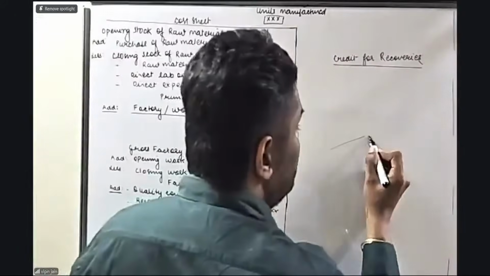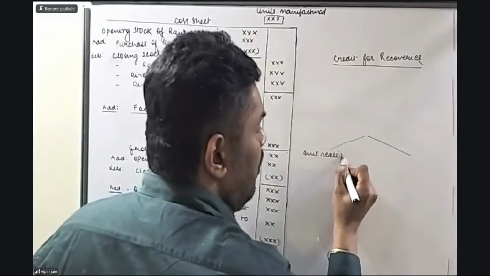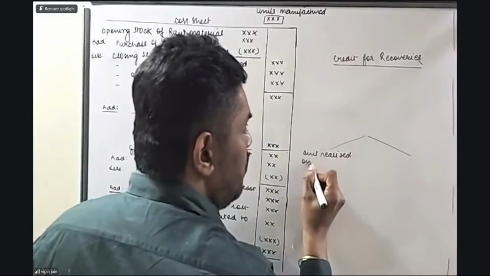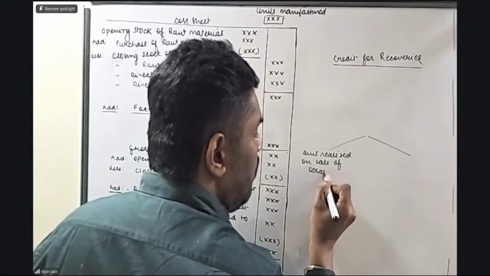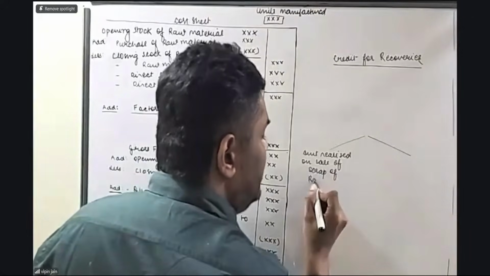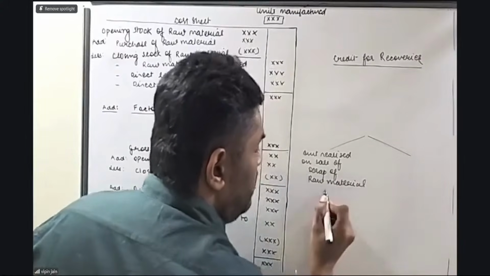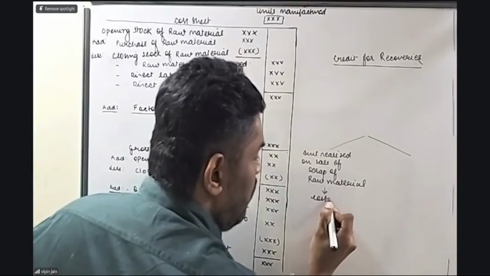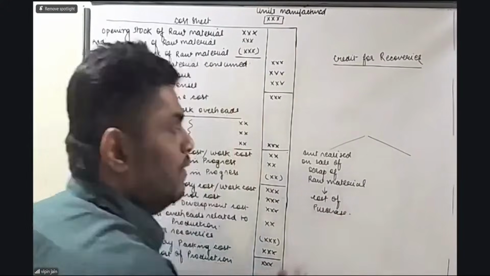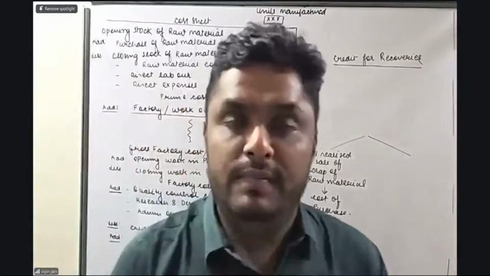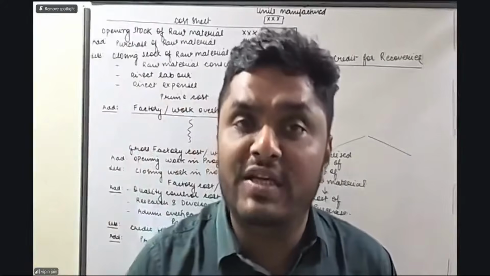First, the amount realized on sale of scrap of raw material will be deducted from the purchase price. But any amount realized on waste that is generated from the production process